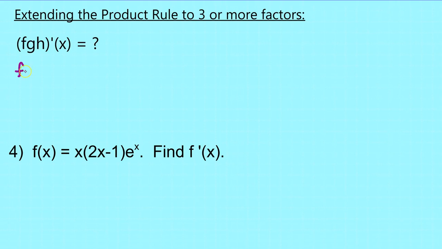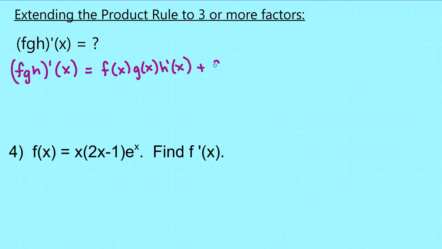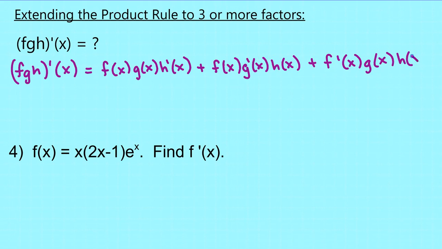The derivative of a product of 3 parts, or 3 factors, is the first times the second times the derivative of the third, plus the first times the derivative of the second times the third, plus the derivative of the first times the second times the third. And hopefully you realize that the order I put these in doesn't matter,